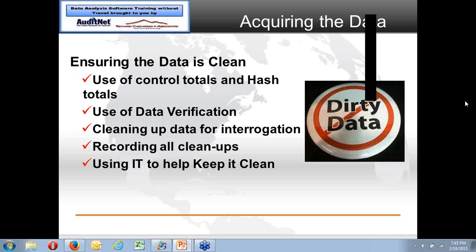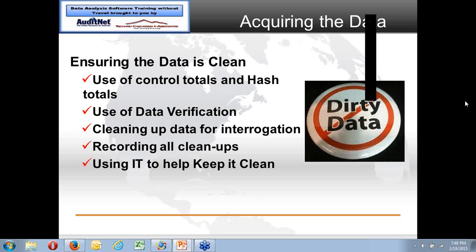If they don't match, either I'm missing some of the records or there's been some corruption in the transfer, because they don't match. So that's a hash total. Obviously, if I take a total of values and compare the actual to what I've got, I'll pick up immediately if the totals are wrong, that something's missing, or I'm not looking at the whole thing, or they've edited out Department 99 or whatever.